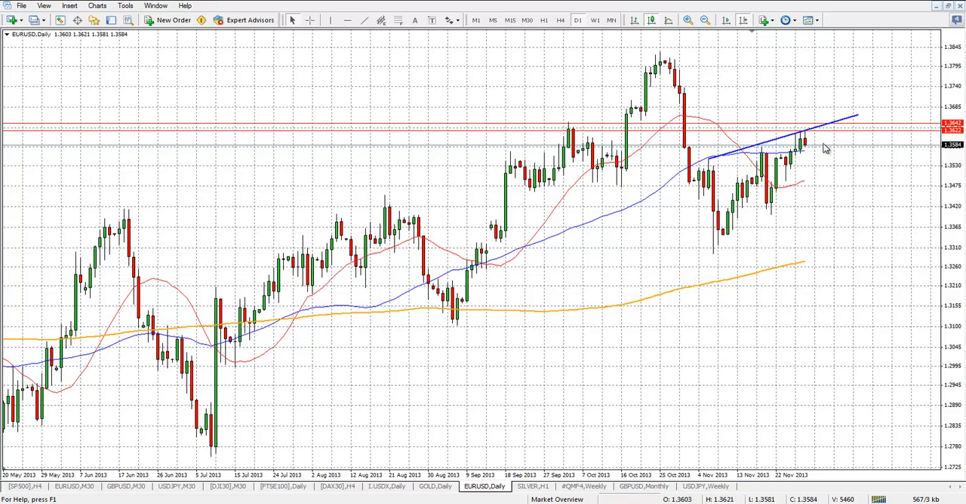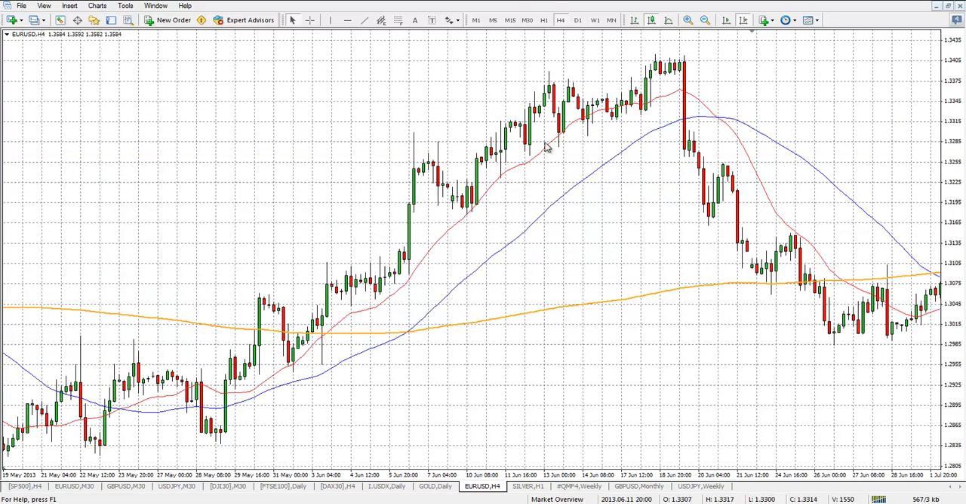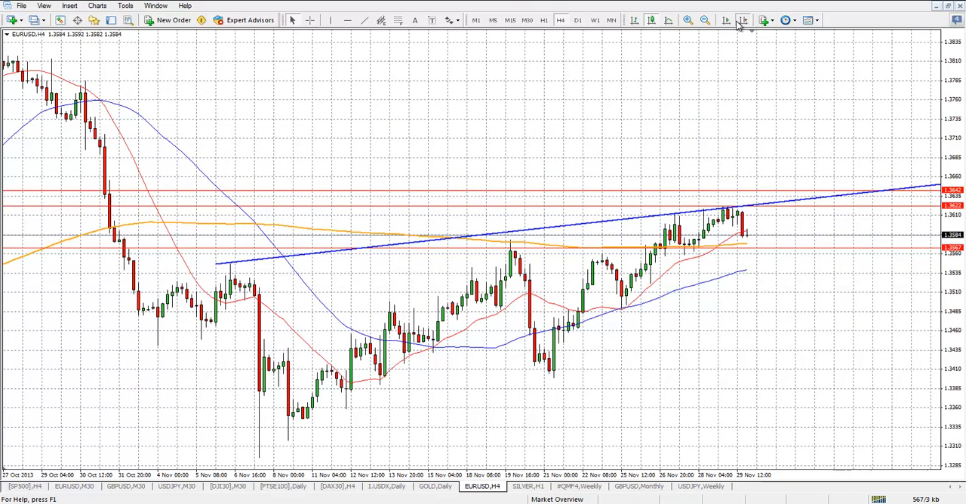It looks like that it's potentially pulling back and looking for some level of support before it finds a direction. Current support on a daily time frame is 1.3567, and if I open this up in a shorter time frame,